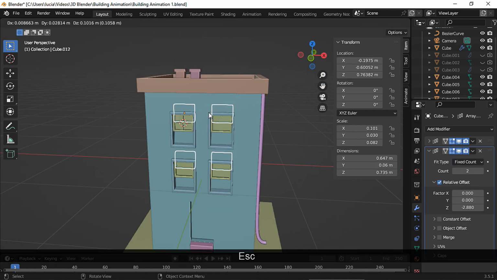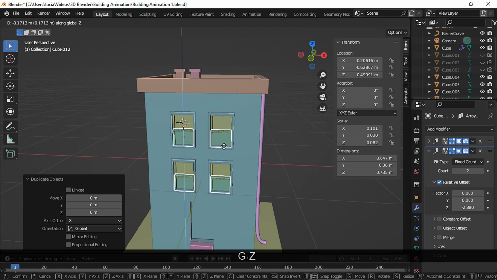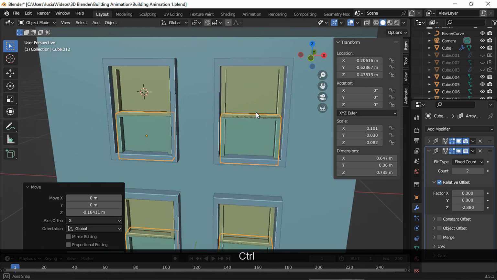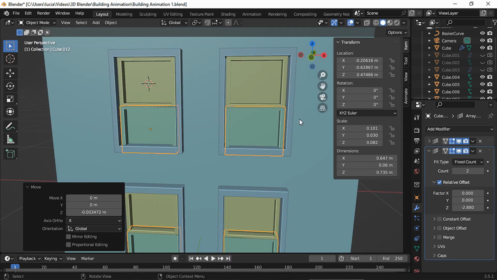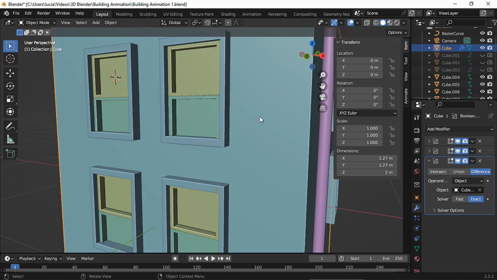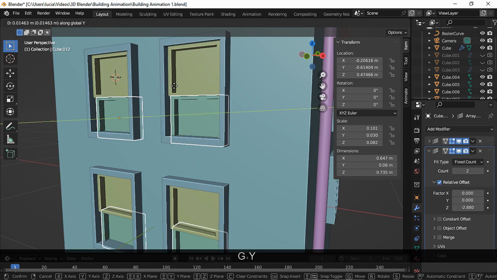Duplicate and move it down. And move it to the inside a bit.